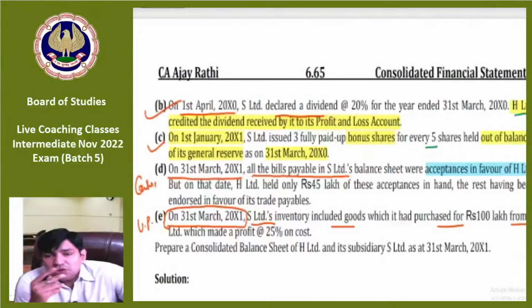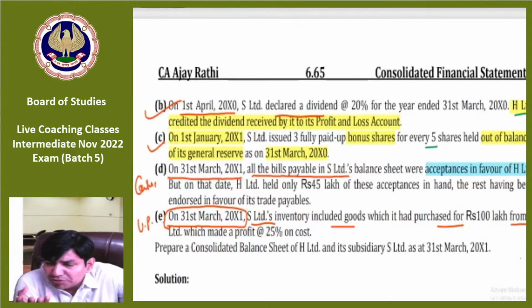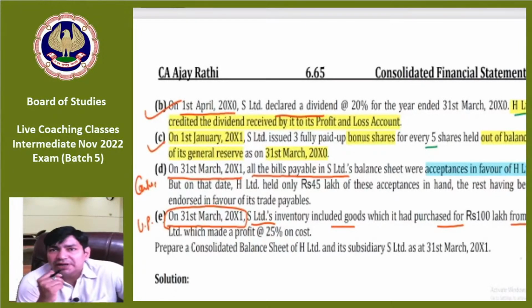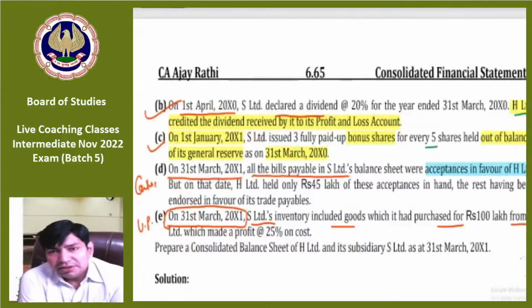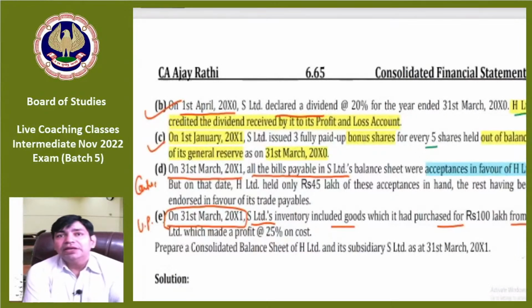You have already learned the chapter of bills receivable, and I think you have also done this adjustment in the amalgamation chapter. But a BR has been either discounted or held till maturity. Now, out of 160 on the date,